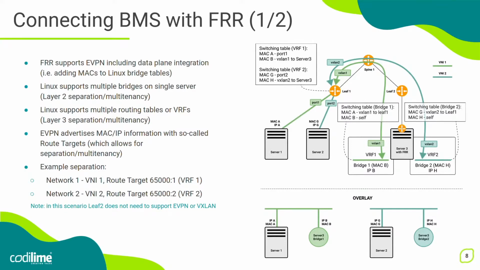Because, for example, one of the IP addresses might be used to run a service for one customer, and the second IP address might be running a service for another customer, and they should not be able to communicate with each other. In Linux, there are several ways to achieve this functionality, and what we did here is we used VRFs, which stand for Virtual Routing and Forwarding.